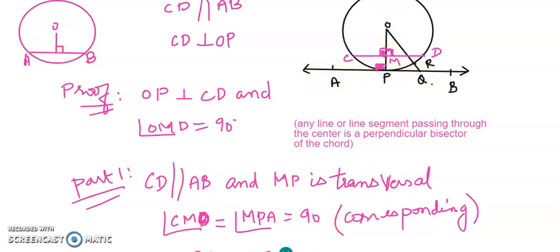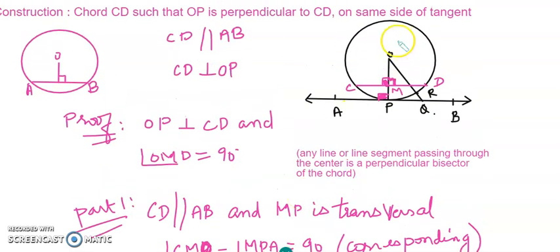What do I mean by the shorter distance? I mean that the distance between the point O and the line L can be measured by two segments, that is OP and OQ. But the shortest distance is OP. So there is a theorem which says that the shortest distance between a point and a line is always the perpendicular. So therefore here OP should be perpendicular to AB because OP is the shortest distance.